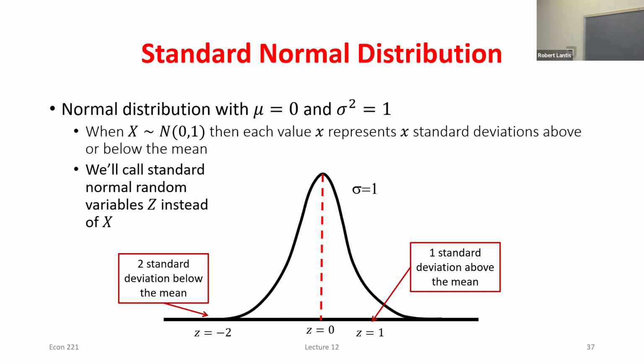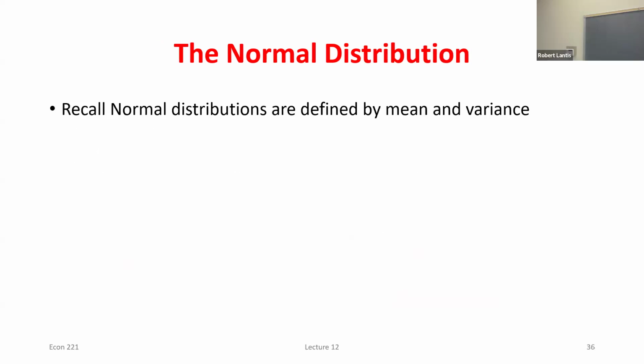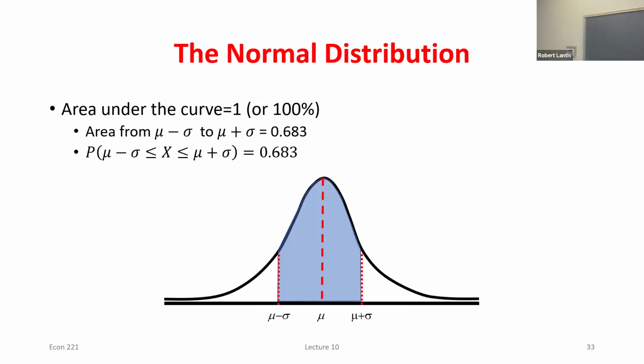And then we can look them up in the table and say, okay, what's the probability that if I selected an observation at random, I see a value 2 standard deviations below the mean, or something even further away? Or what's the probability I see something within 1 standard deviation above and below? That's where all these values were coming from, that standard normal table. This actually has a function to it. We can integrate it. Don't worry, we're not going to be doing integration by hand. We're going to rely on Stata to do it for us. Okay.